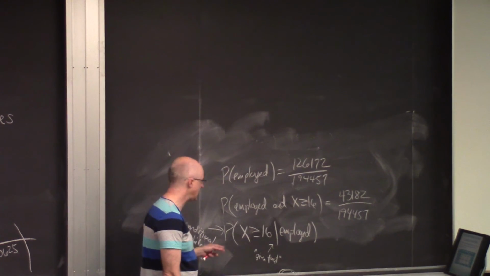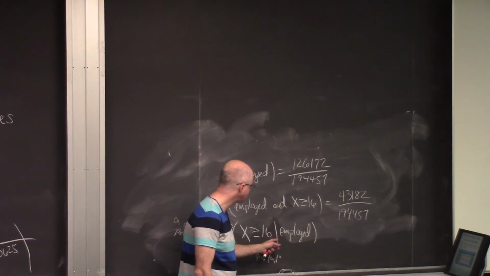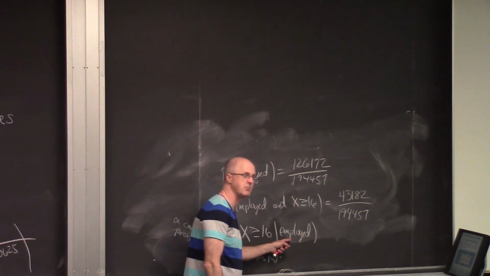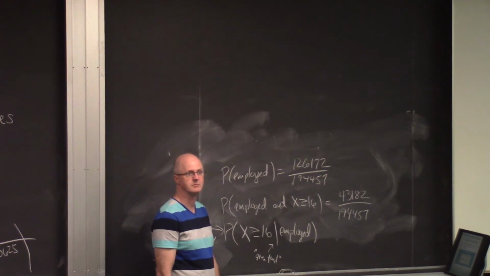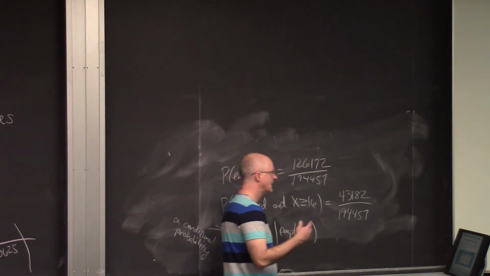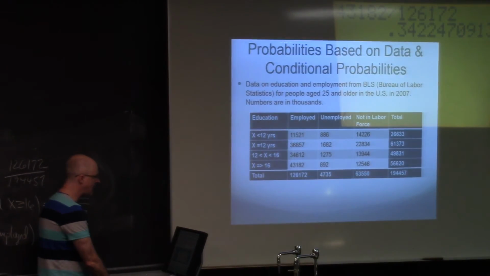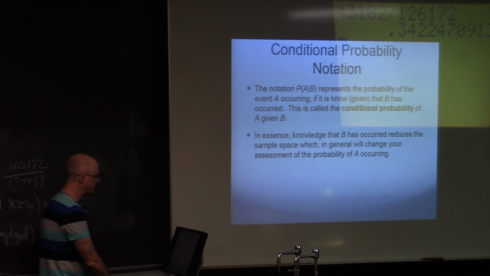And again, this is the notation, the probability that x is greater than or equal to 16, if it is given or known that, that's what the vertical line means, they are employed. It's about 0.342. Okay, so it's winnowing down the sample space. You're going to have a problem like that as well. Last thing to talk about today, here's a slide about conditional probability notation,